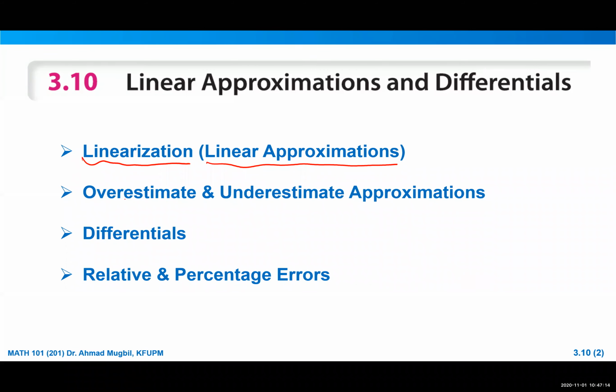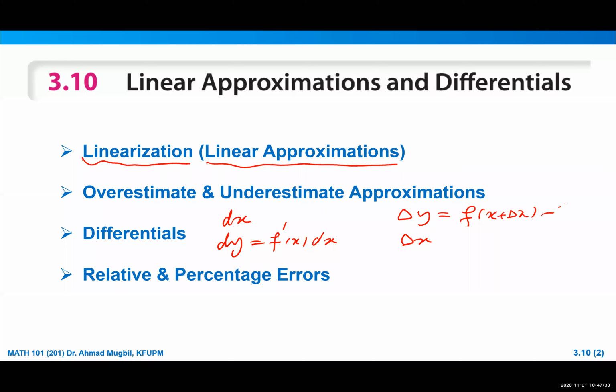Do you know what we mean by overestimate and underestimate? Do you know what we mean by differentials? We have two differentials now, dx and dy, which is f prime of x dx. And how can you use them to find that? You need to know also how to calculate delta y and delta x. Delta y is f of x plus delta x minus f of x. And delta x is just x minus